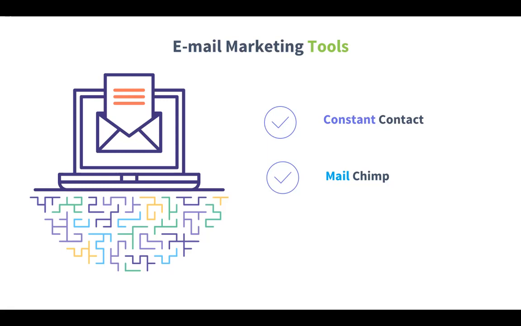And in both of these platforms, they have templates that you can customize for your emails. They're usually by industry. They're very easy to use and customize, so you can design them yourself. You can personalize them, which is very nice,